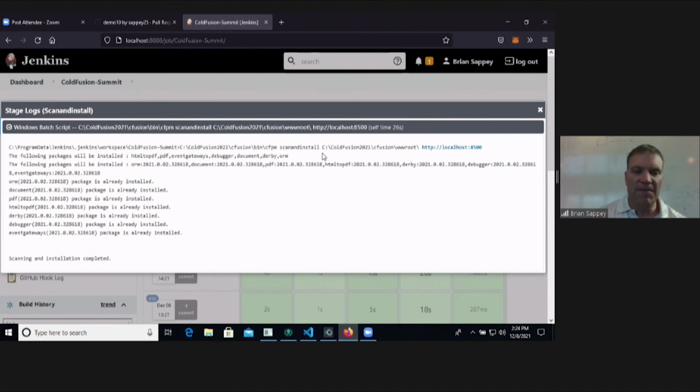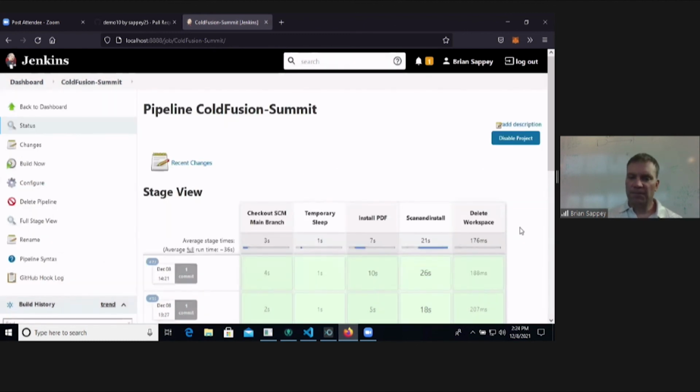And then it gave me all of the packages, the versions, and the dependencies that will be installed. So it would have cycled through these had I uninstalled them and would have done install, and then eventually I would have gotten a termination here, scanning the installation is complete. So as you can see, after this completes, maybe you kick off a different pipeline, and that pipeline then spins up